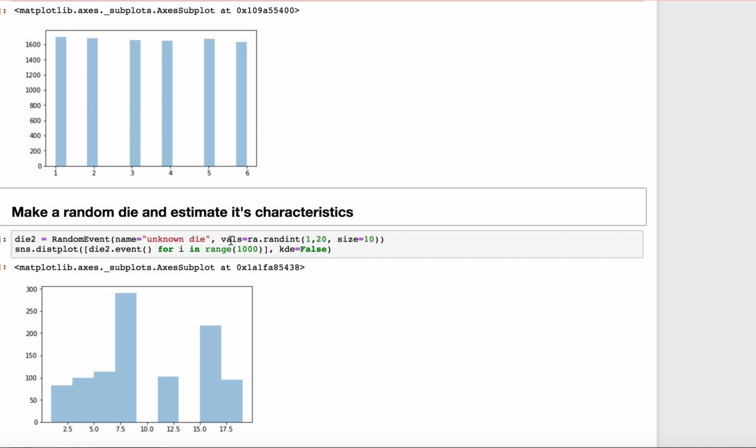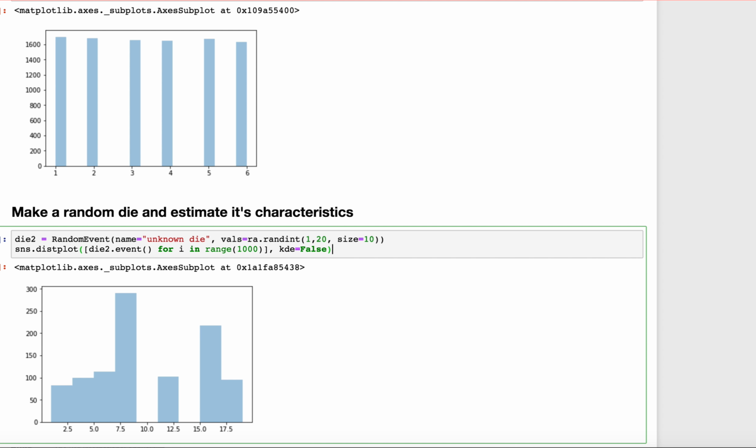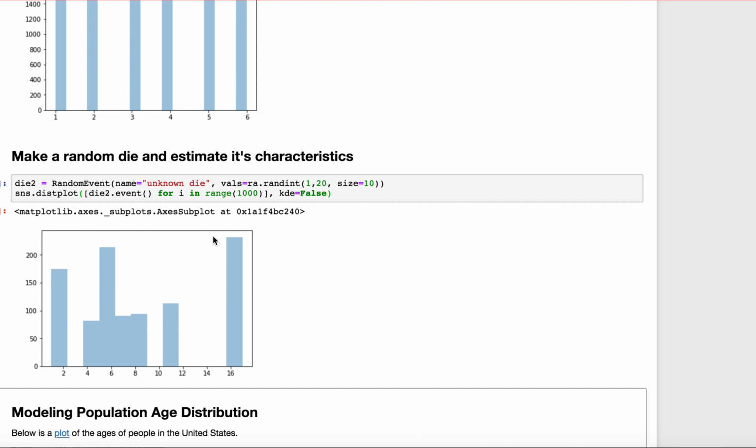In this example, I'm using this random event class to create an unknown die. So I'm not telling myself what its values are, so I'm just going to randomly generate 10 values between 1 and 20, and then I can infer what the results were by looking at the generated histogram. So you can see that some numbers were clearly not generated, and so the outcomes for this die are not uniform across all the numbers between 1